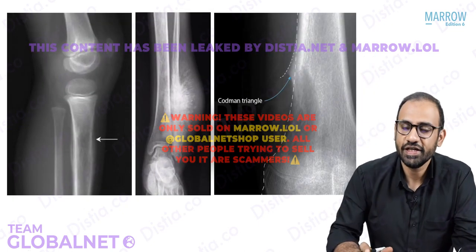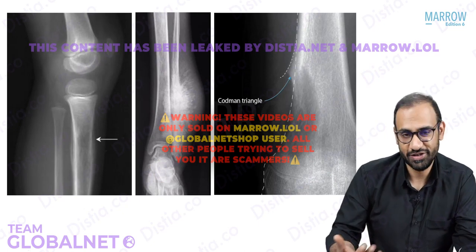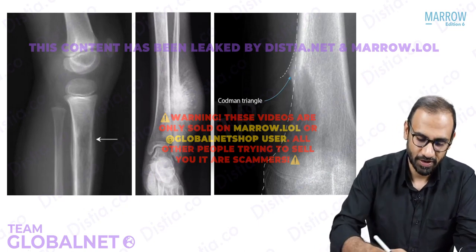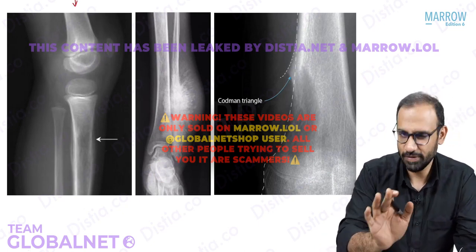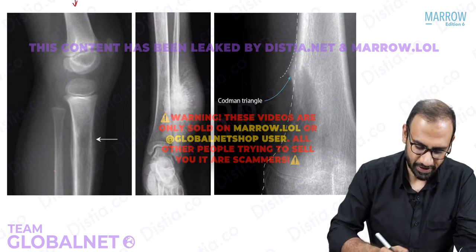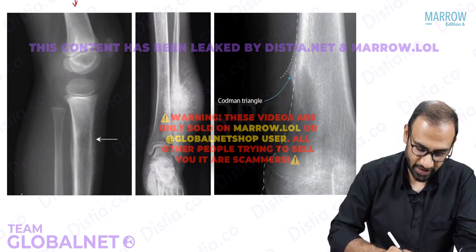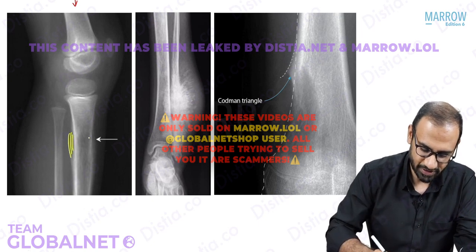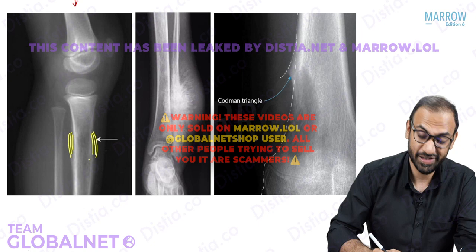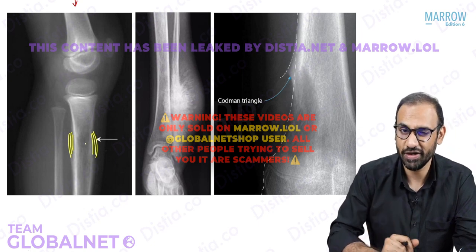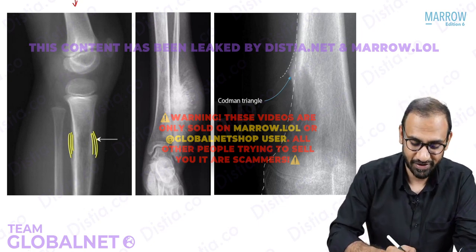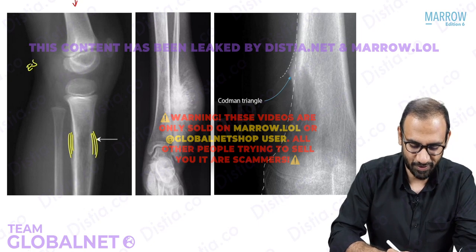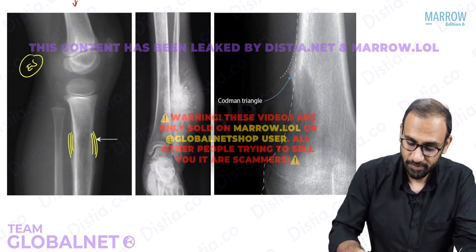So here I have 3 X-rays basically trying to show you the periosteal reactions that we just talked about. So this is the first X-ray. You don't need to know the pathology just yet. The periosteal reaction that you will observe here, if you look very carefully, it's very difficult I know, is this. Fine layers of periosteal reaction, the lamellated periosteal reaction or the onion peel or onion skin appearance seen in, can you tell me? Ewing sarcoma. Very good.